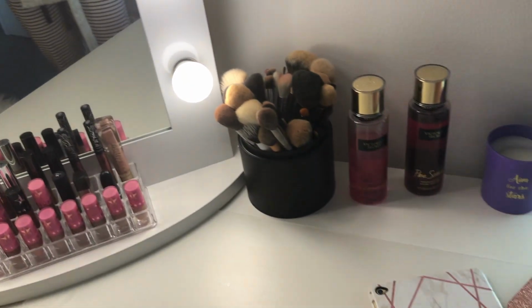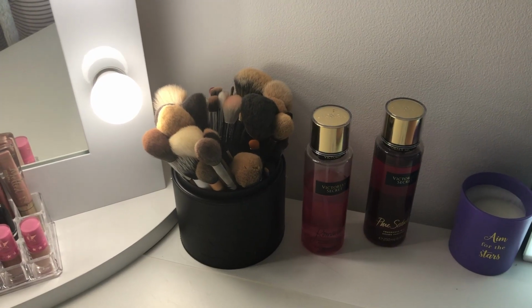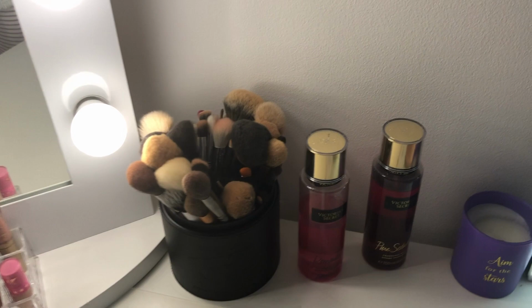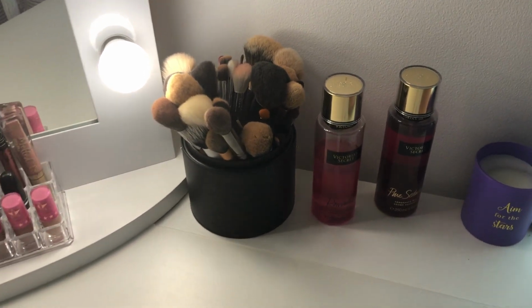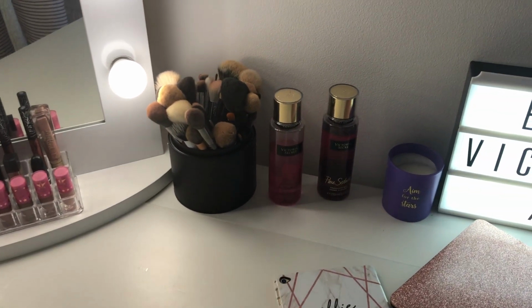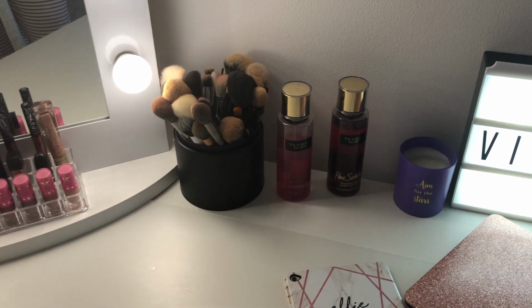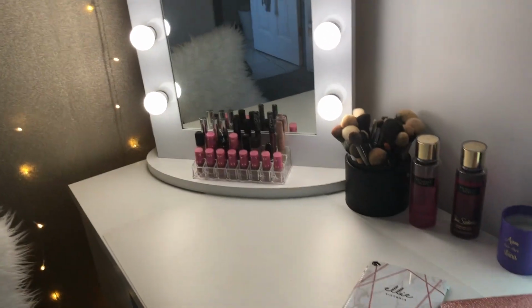I've got loads more brushes than that, but I just don't use them all the time. So they've gone into a drawer, and I've just kept the ones out that I use all the time because the others just collect dust. So I thought, what's the point of keeping them out on my dressing table when I don't use them every day? Then my absolute favourite part, I've got my